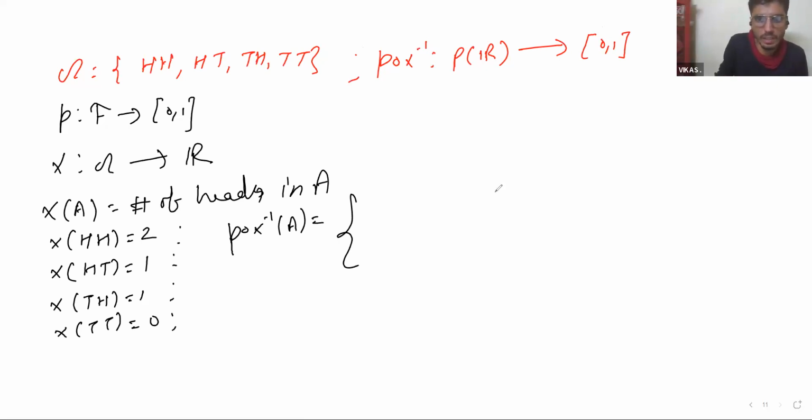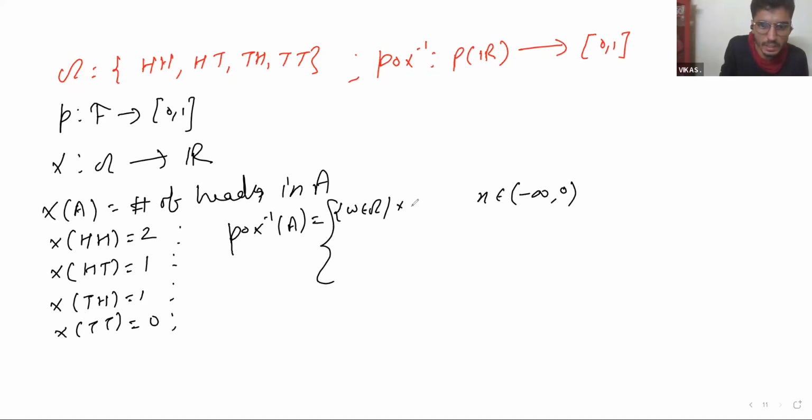So if x belongs to minus infinity to 0, open, then this is the collection of omega such that X of omega belongs to minus infinity to 0.